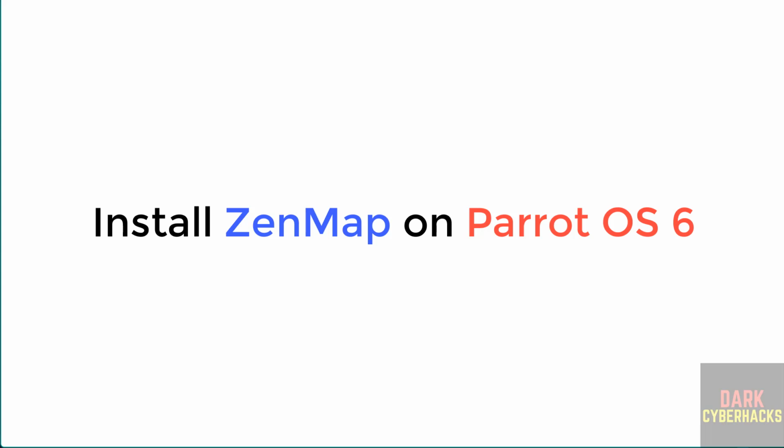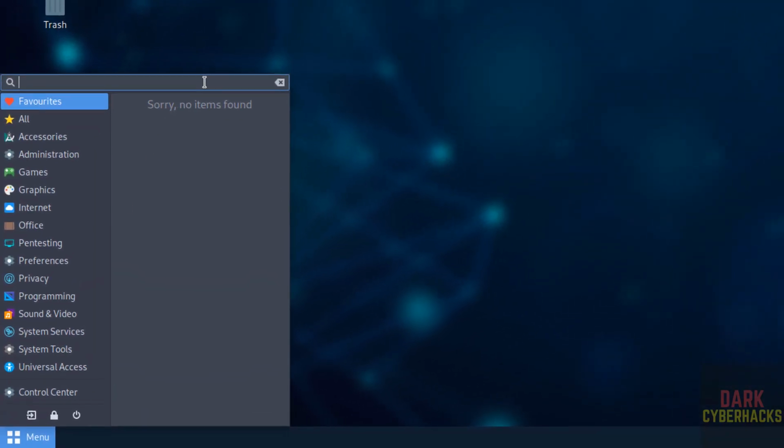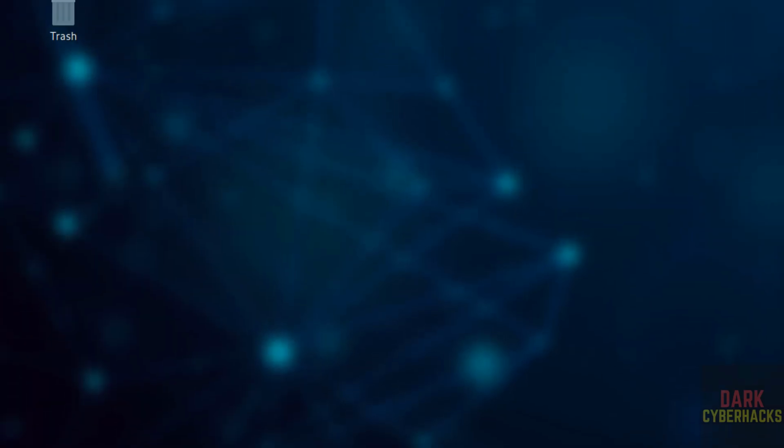Guys, in this video we will see how to install Zenmap on Parrot OS 6.2, but the process is the same on all Parrot OS versions. First, verify whether Zenmap comes as a pre-installed application or not. Menu, search for Zenmap. So open terminal,